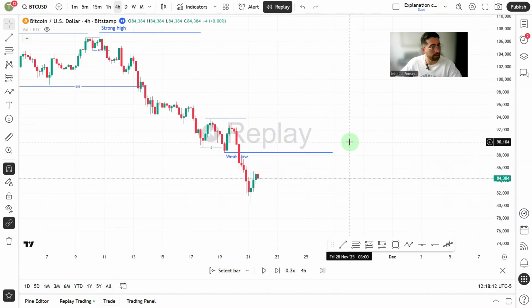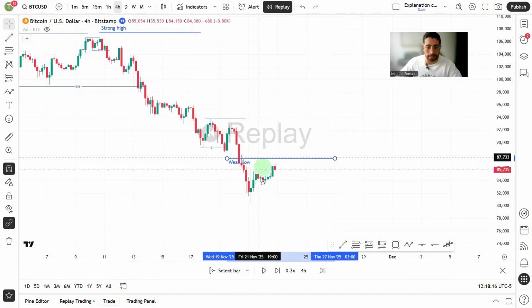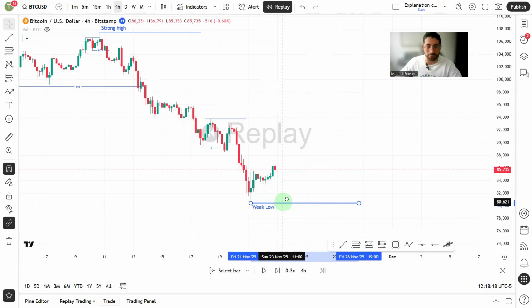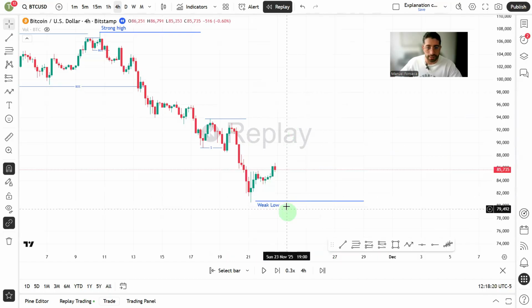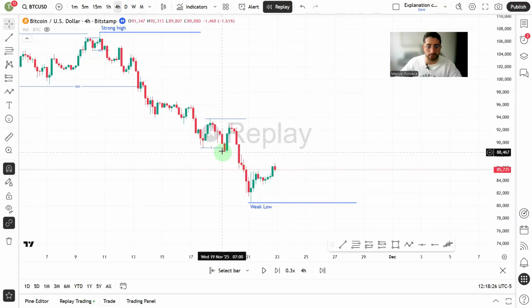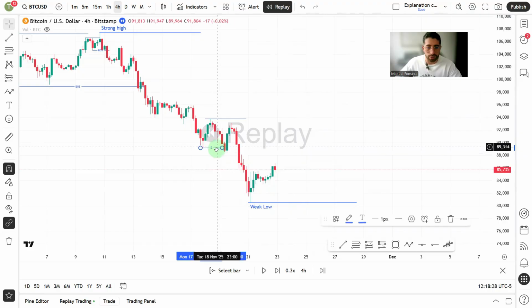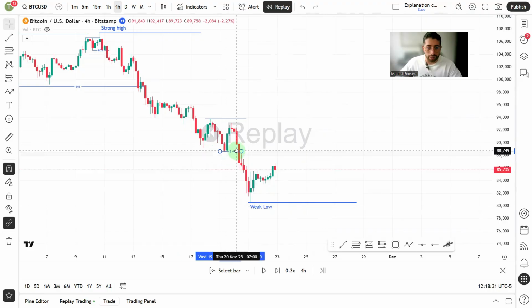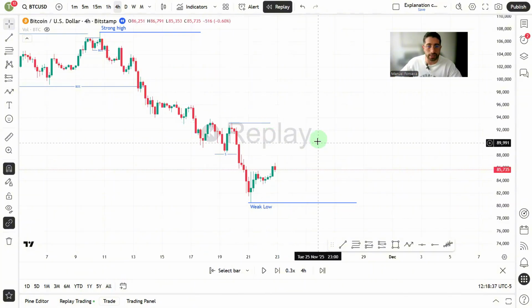Can we change that? As I said, the more that we get into the market, the more complex scenarios we start realizing. And so far, until we do not find a proper ending of a range, we cannot update our strong high. We cannot update it because we need a very clear and evident end of a range so we can